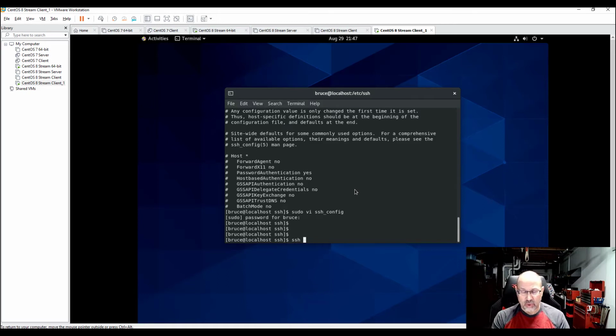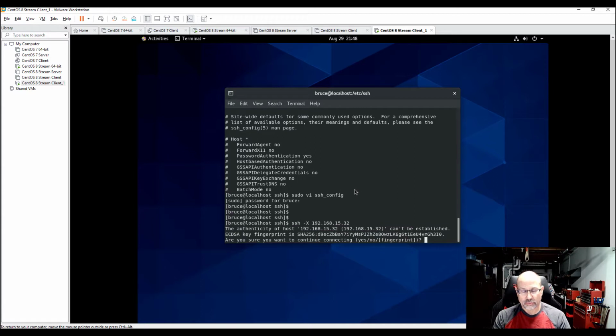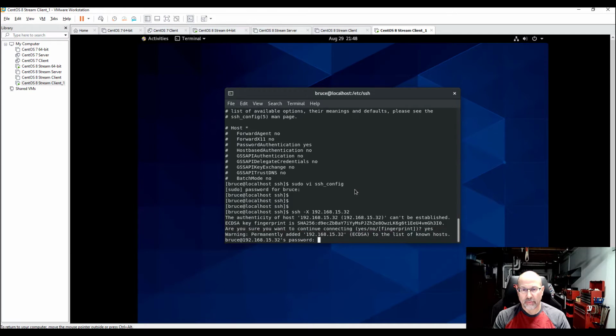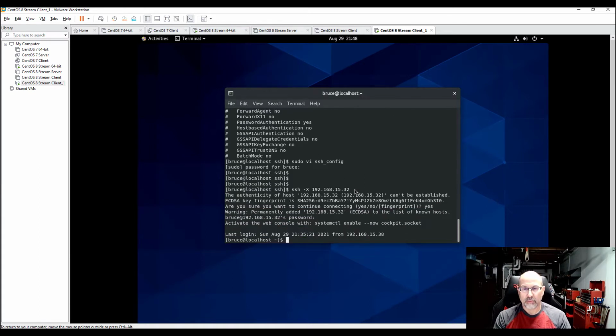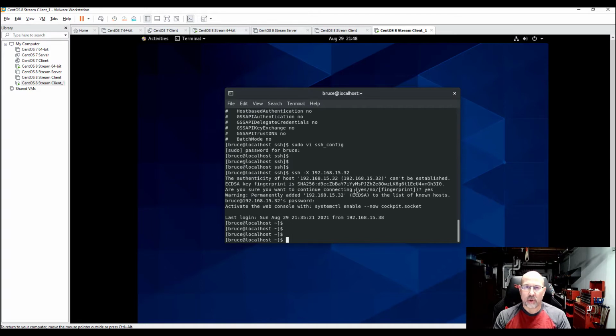Now, one of the keys here is that I want to do the -X, which allows me to do the X11 forwarding. Okay, well, it doesn't look a whole lot different, but what we're trying to do is run an app. So let's see what happens